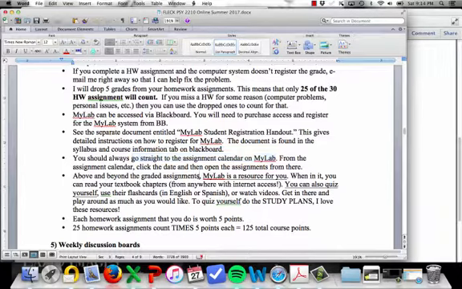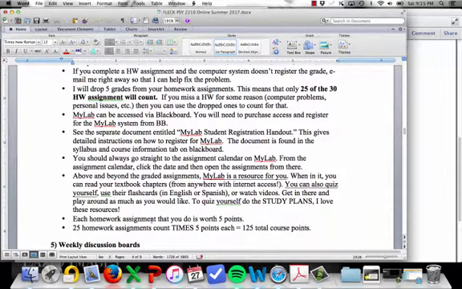So you can quiz yourself, you can use flashcards, you can do any of the things that are on there that aren't assigned to you. You can do the study plans, those are a great resource. I'll assign one study plan to you and one chapter quiz from MyLab as homework assignments just so you can see what they look like. But the rest of those are not assigned. What is assigned are homework assignments that have little videos and then quizzes at the end of those videos.